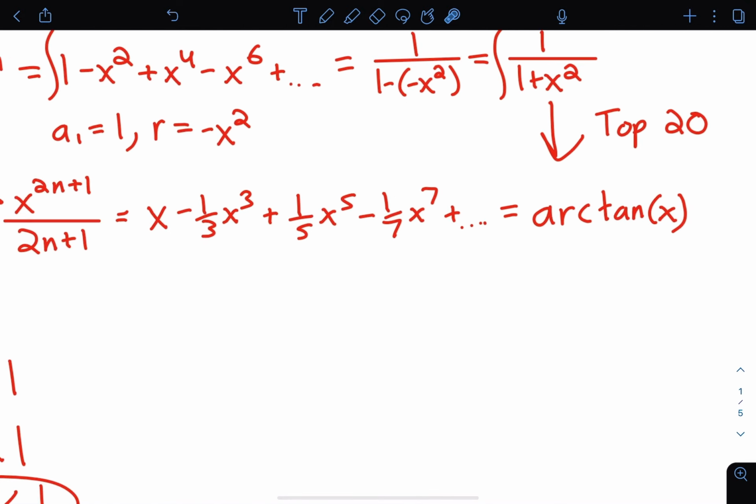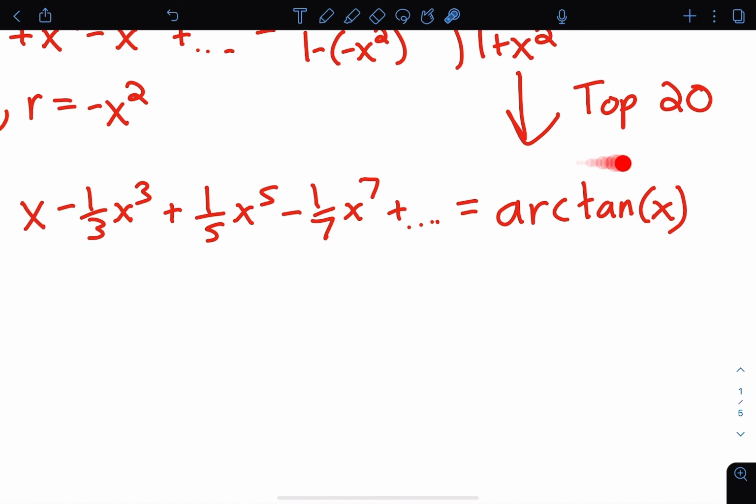It's kind of right at the end here. We ended up getting the function arctangent of x as our answer, and saying that arctangent of x, or tangent inverse of x, could be represented as this function infinitely: x minus 1/3 x cubed plus 1/5 x to the fifth minus 1/7 x to the seventh plus dot dot dot. This power series, because we're multiplying powers of x to get the next term,